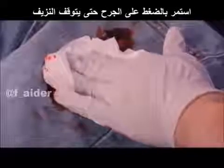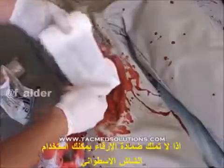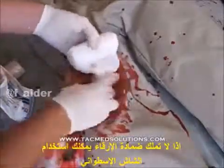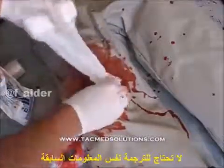Continue to apply pressure until bleeding stops. Use a pressure bandage over the wound to maintain bleeding control. After the initial pack has been made, you must fill the cavity to secure the gauze in place and prevent it from shifting during patient movement. The cavity should be packed as tightly as possible and all the way to